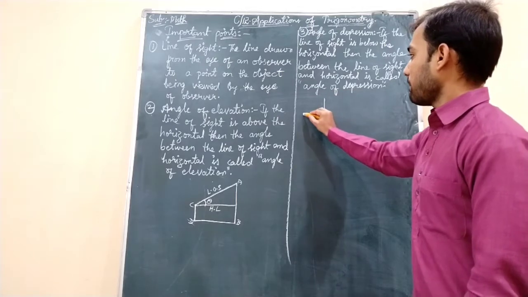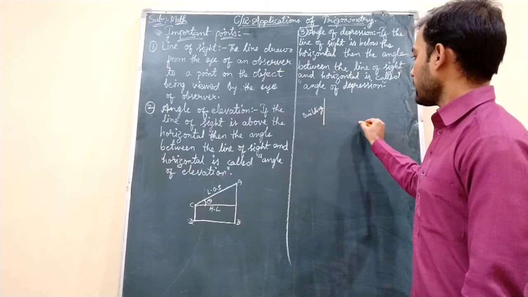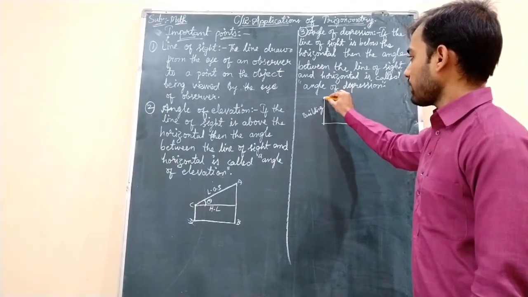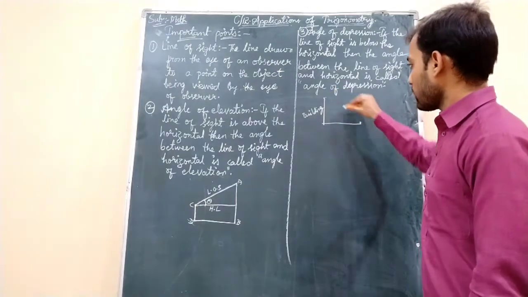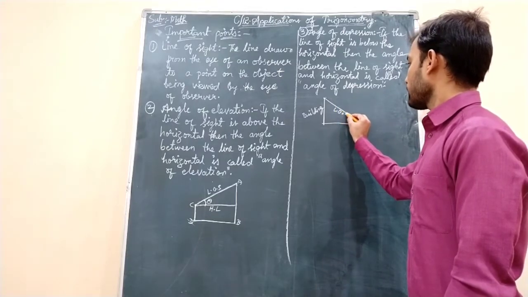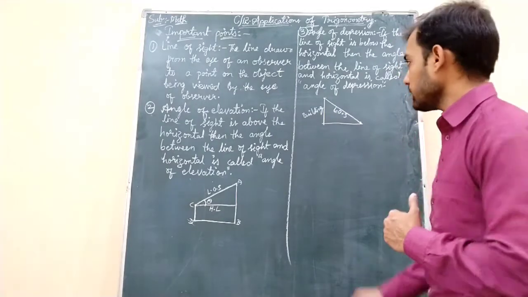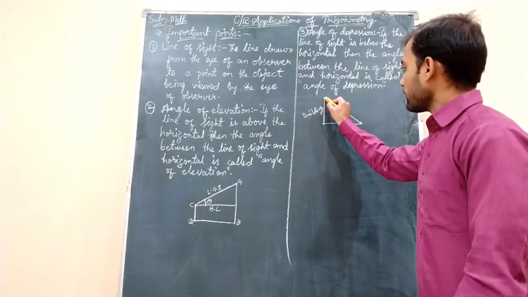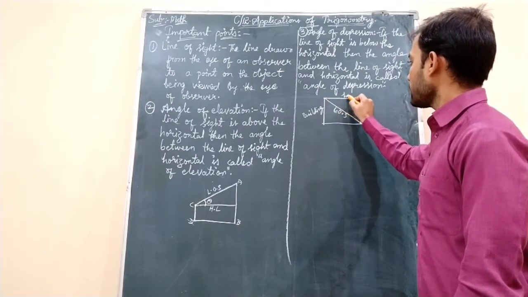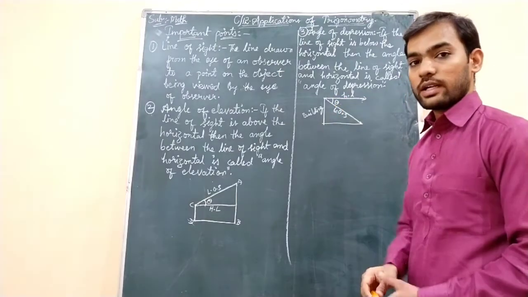Suppose this is the building and you are seeing a stone which is there on the ground. Okay, you are standing at the top of the building and you are watching this ground. So this will be your line of sight. Okay, and as I said, the angle is always taken with reference to the horizontal. So here, as you are seeing from here, one horizontal needs to be drawn. Then the angle between this horizontal line and this line of sight is called as angle of depression.